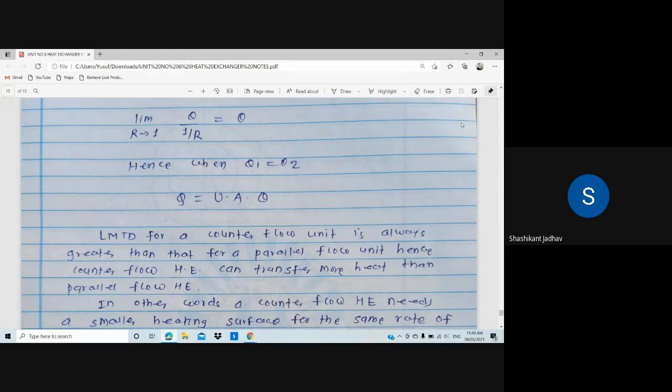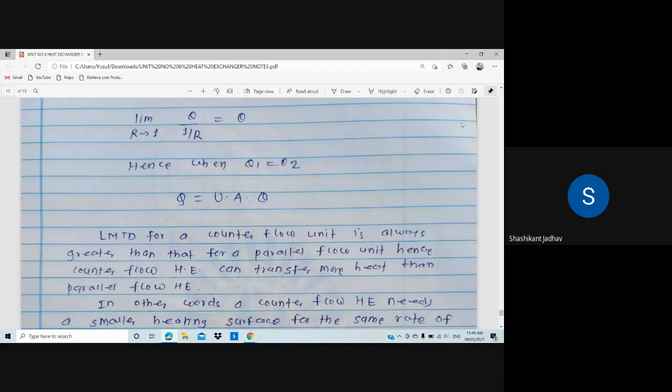ओके, म्हणजे ह्याचा दुसरा अर्थ काय असणार आहे, समजा तुमच्याकडे एक 100 मीटर स्क्वेअरचा एरिया आहे तर पॅरलल फ्लो हीट एक्सचेंजर मधून तेवढ्या एरियासाठी जी काही हीट ट्रान्सफर होणार आहे त्याच्यापेक्षा कमी एरियामधून काउंटर फ्लो मध्ये तेवढीच हीट ट्रान्सफर केली जाणार आहे. ओके, सो इन द नेक्स्ट लाईन राईट डाऊन, in other words a counter flow